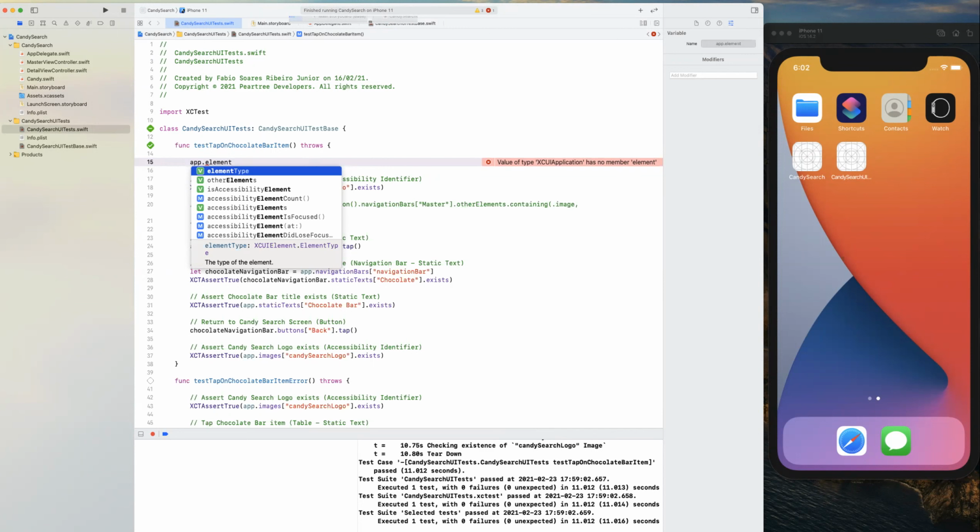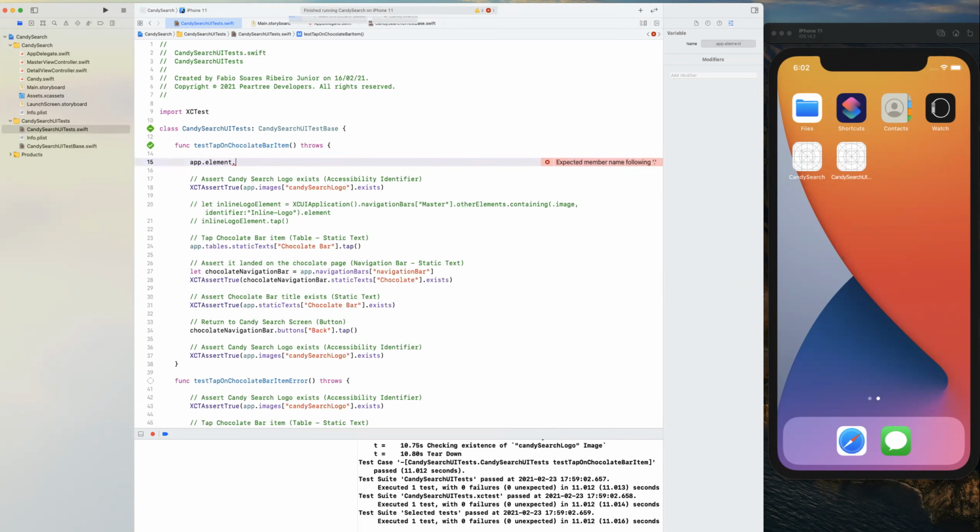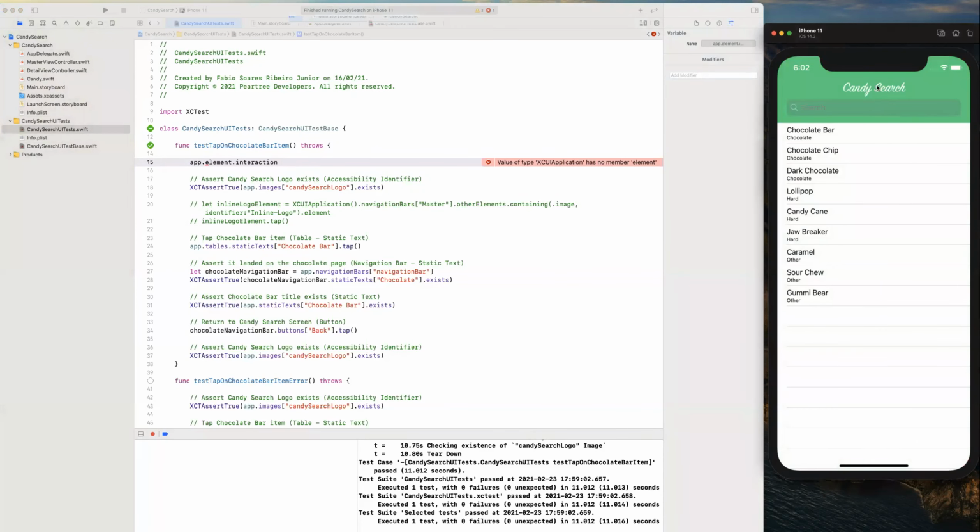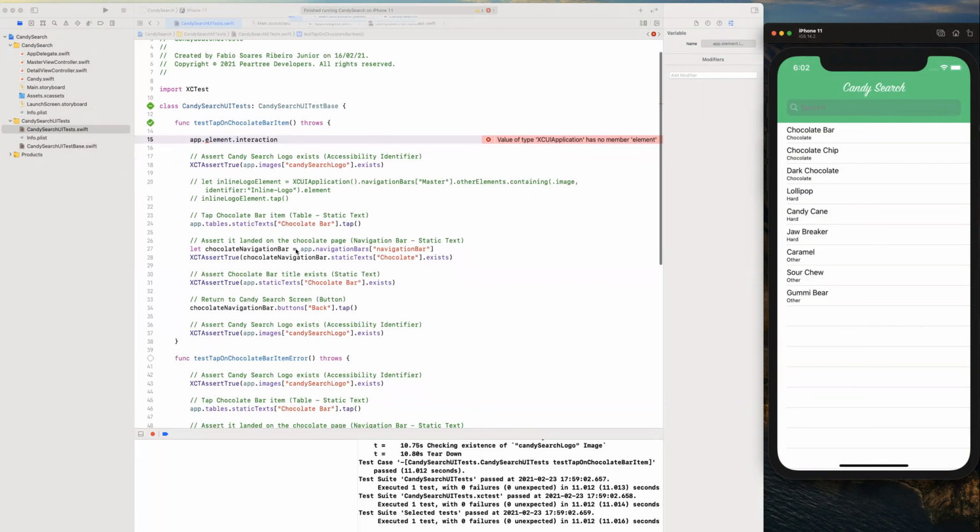So it's pretty much like you do app.element and dot interaction. So here, what we did, we did app, which is this one, and then we did images, candy search logo, which is this one. So this is the element, right? And dot exists, which is the interaction. So we're basically checking if that element exists. And if you look at the other ones, they all kind of look the same, and they're going to change a little bit from one another. So the element is always going to be